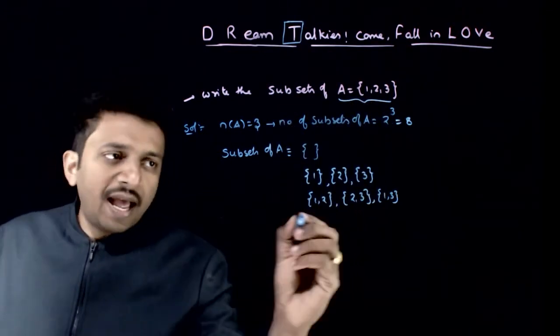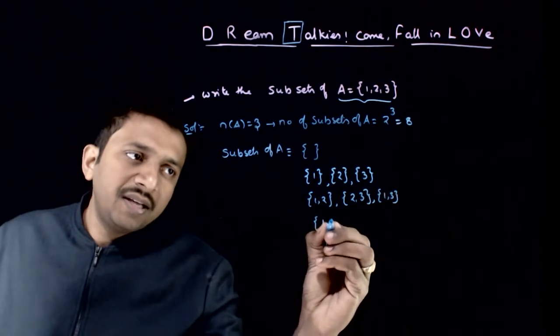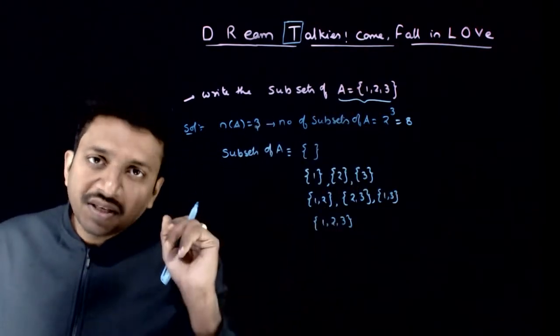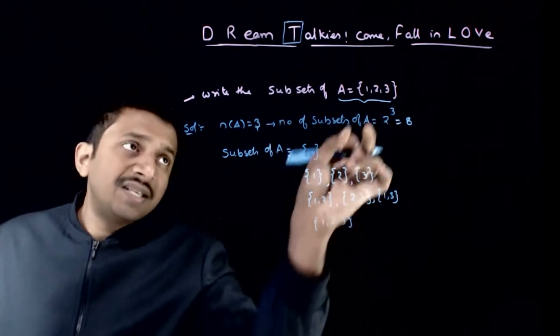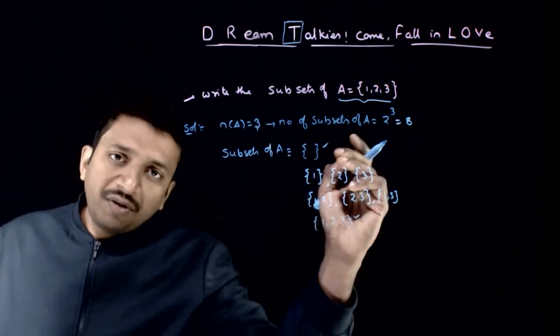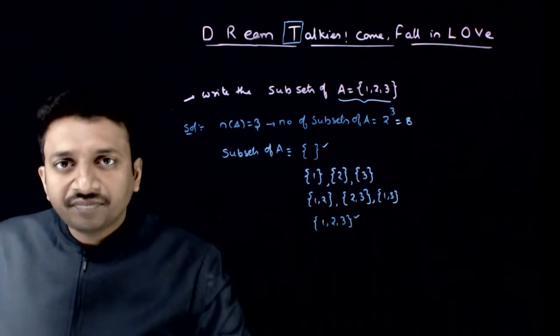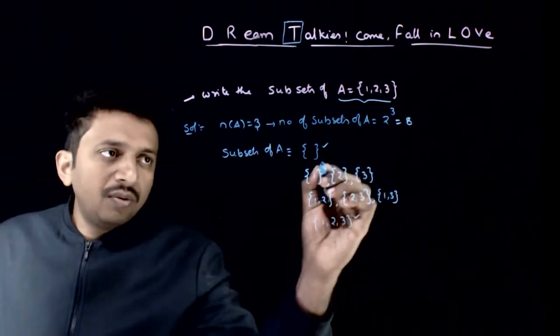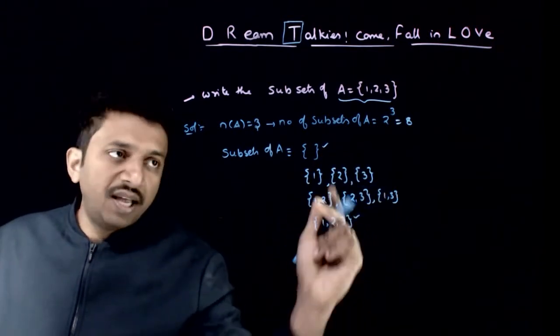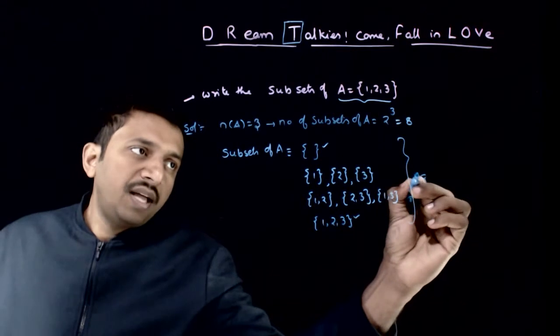That's it. And you have one subset containing all the elements. The null set is a subset of every set and every set is a subset of itself. So these two will always be there and in between them you have to write the other subsets. So these, as you can count them, 1, 2, 3, 4, 5, 6, 7, 8. You have 8